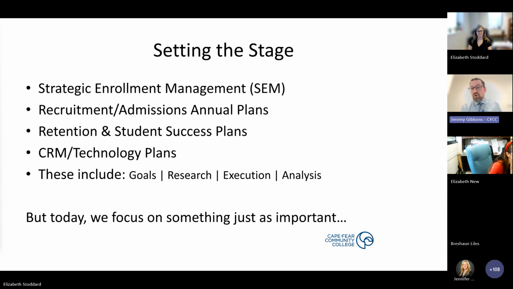And they all should include goals that are based on research, including using these dashboards that Elizabeth did an excellent job showcasing today. How you're going to execute your plans, and then how you're going to review and create feedback and close the loop on your plans. But what I want to focus on is something that's just as important. So we can go to the next slide,